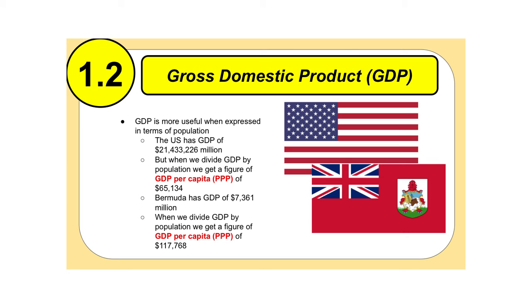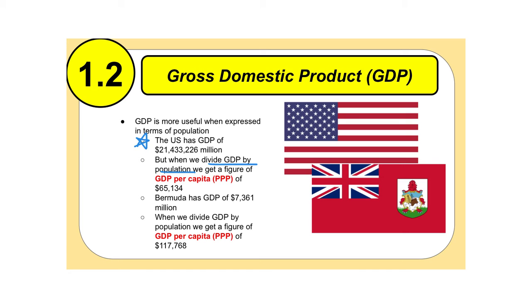However, when you're trying to look at GDP in terms of development, you need to look at something a little bit deeper. This is something called GDP per capita. When you look at GDP per capita, what you're doing is dividing the GDP by the population. So, yes, the United States is enormous in terms of its GDP with $21.4 trillion. But our population is also 330 something million people. So when you divide that $21 point trillion by the 330 plus million people that live here, our per capita GDP